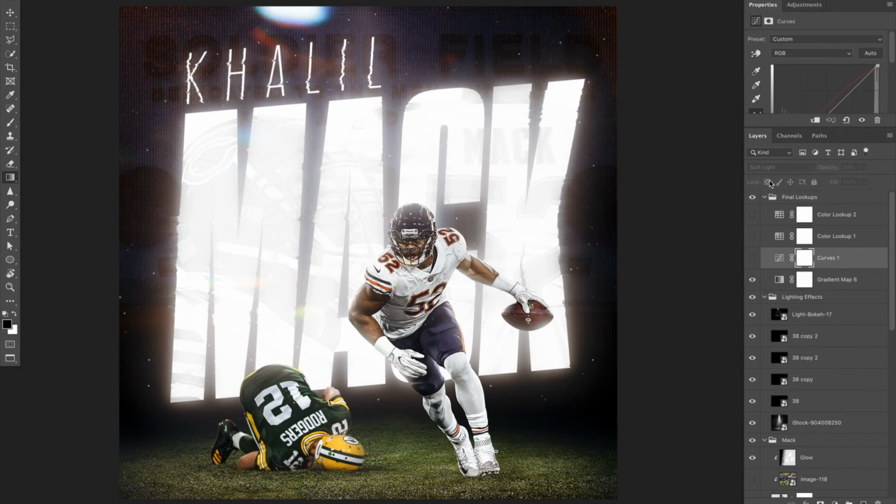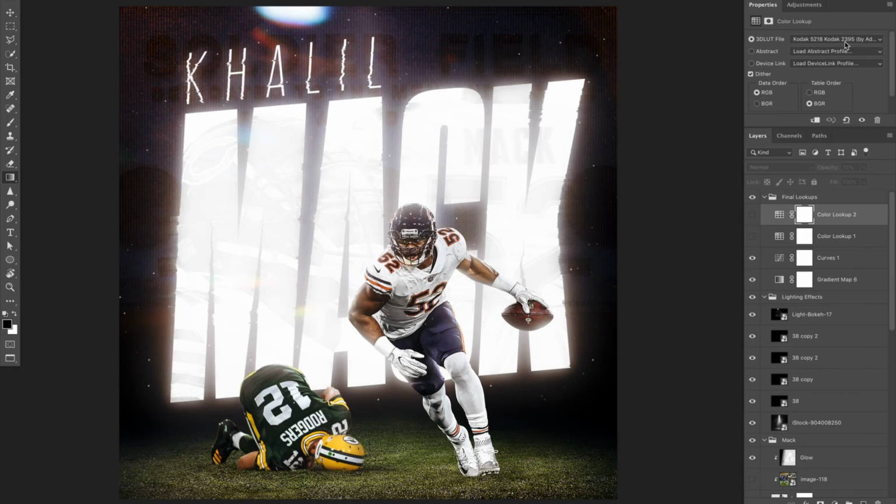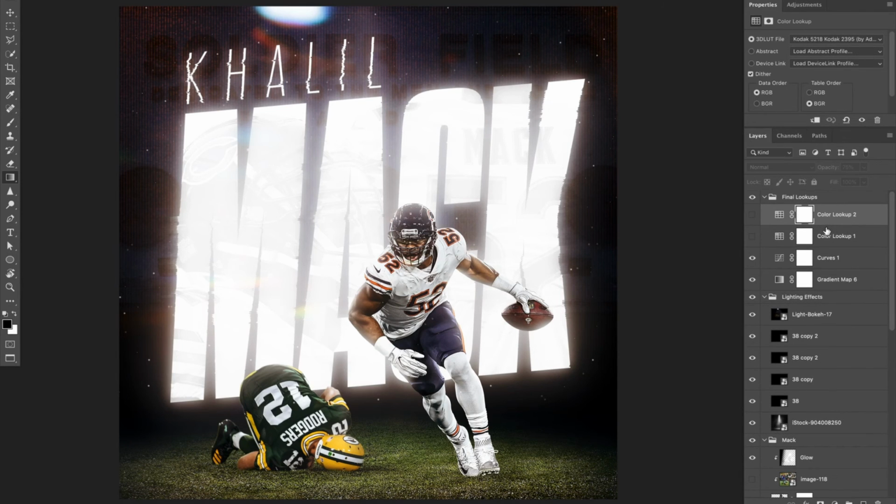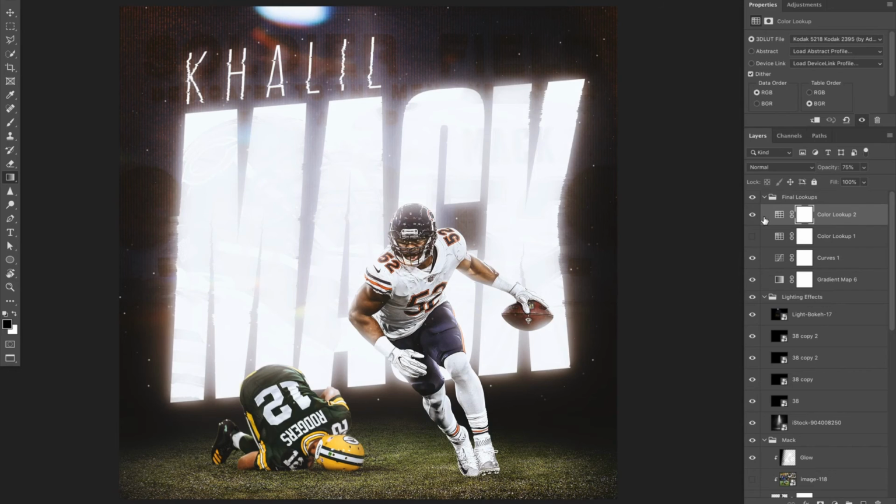I have then a curves layer set to 30%. It just adds a little bit more contrast, darkens up the background a little bit. And then I have two color lookups. I've got futuristic bleak and the Kodak 2395. This 2395 you're going to see a lot in my designs, and you'll see it a lot in designs in the community. Basically what it does, if I set it to 100%,